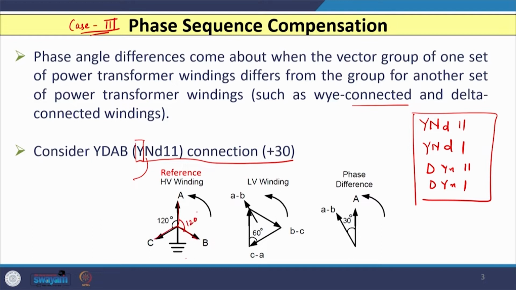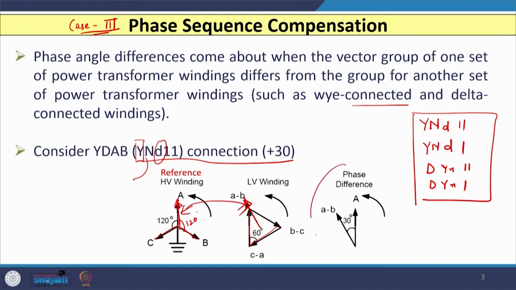So, we have the phasor like this, and normally in all the cases we consider the HV winding as a reference phasor. So, on the other hand, if I consider the delta winding, then we can have the delta winding with AB, BC and CA like this. So, we have the phasor like this, and if you compare this phasor and this phasor, that means these two,